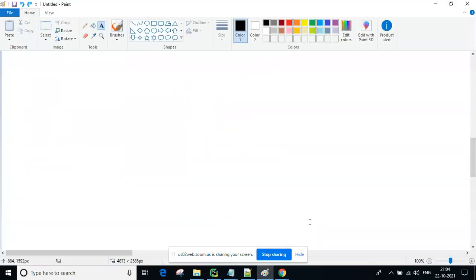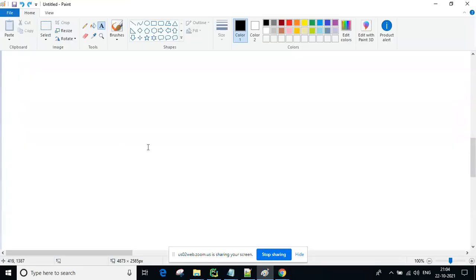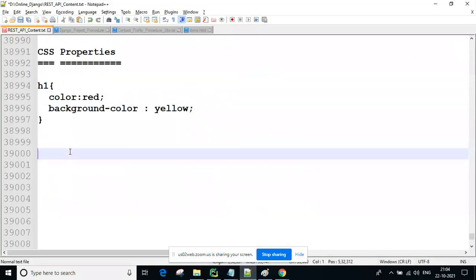You can take it. See, guys, are you following? Like this, different styles you can do, whatever you want. This is the border property, guys.